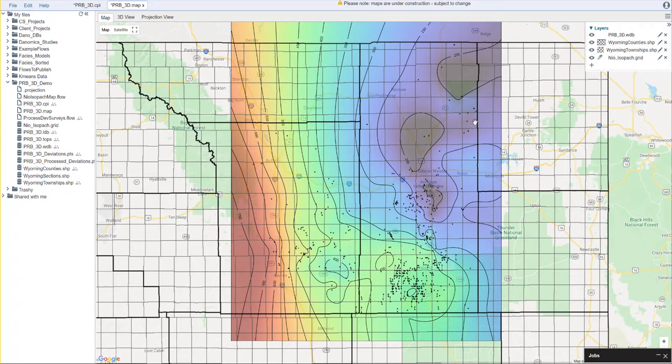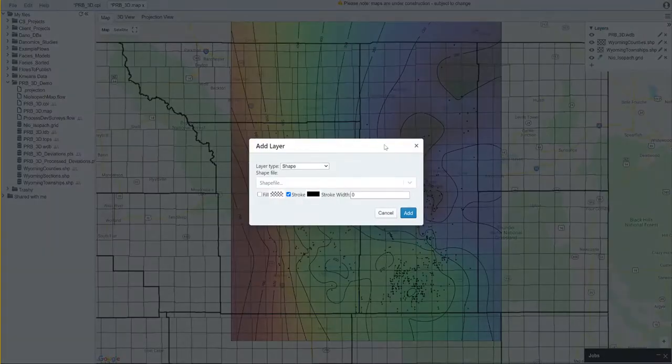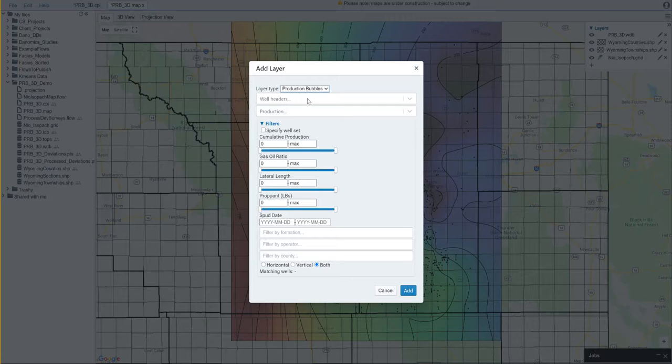The final step that you may want to do is if you have production data that you had been working with, you could certainly add that. To add production data, it's a very similar process. You need to select the well headers and the production file. Now, I don't have a production database. Actually, maybe I do have a production database here. Let's see. So we could choose this Powder River database, and let's say we only want to see wells that have